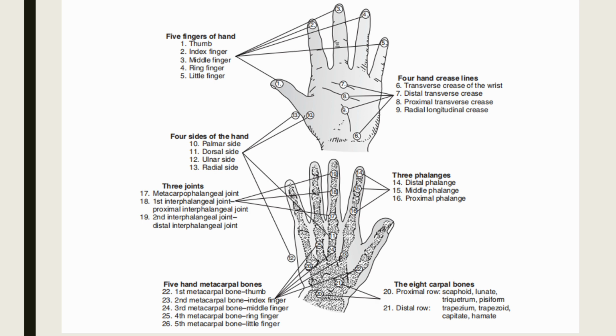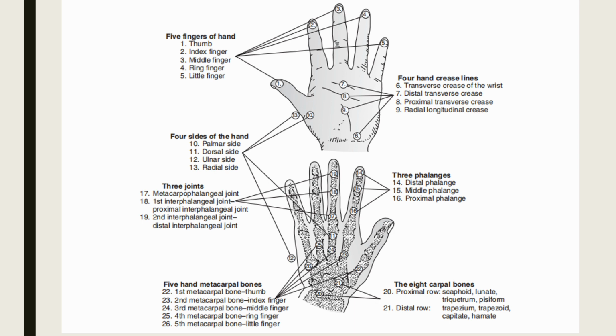This figure illustrates the anatomy of the hand. The 5 fingers of the hand are the thumb, index finger, middle finger, ring finger, and the little finger. There are 4 hand crease lines: transverse crease of the wrist, distal transverse crease, the proximal transverse crease, and the radial longitudinal crease. The 4 sides of the hand are the palmar side, dorsal side, the ulnar side, and the